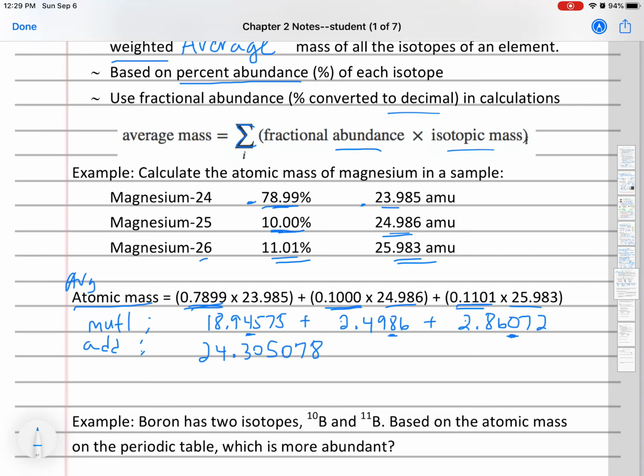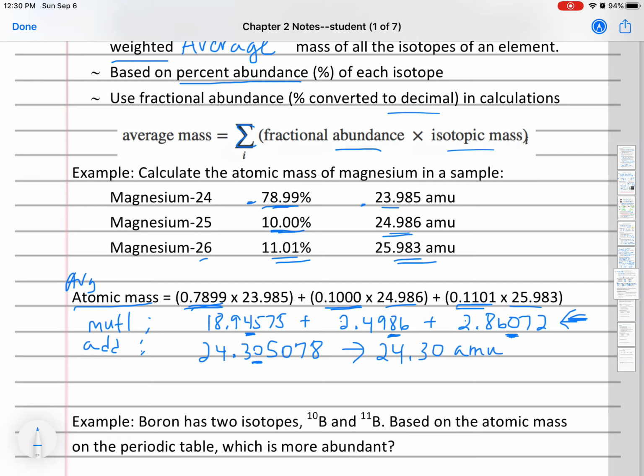Each of these numbers has 4 significant figures in the multiplication line. But we don't keep the same number of sig figs when we're doing addition and subtraction. It's only significant to the last significant place. So this one is significant 3 places past the decimal point, 3 places past the decimal point, and 2 places past the decimal point. So it's significant to the least number of places past the decimal point, so 2 places past the decimal point, which ends up being 4 sig figs, so even if you went with the wrong rules, you'd still get the right answer.